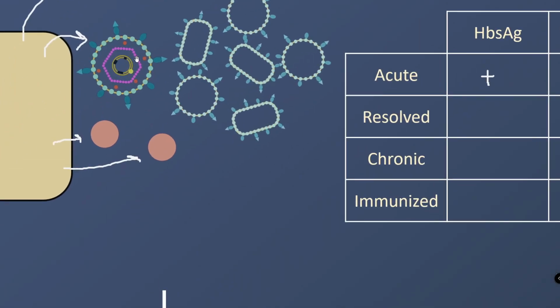Now, can we detect this? What is this? This is the nucleocapsid core protein, capsid protein or core protein. Can we detect it in plasma? No, we cannot. Why? Because it is packed inside the envelope. It is not lying free. So we cannot detect it in the plasma. The only way we can detect it is to break open this virus particle and remove the envelope, and then we can see this core.